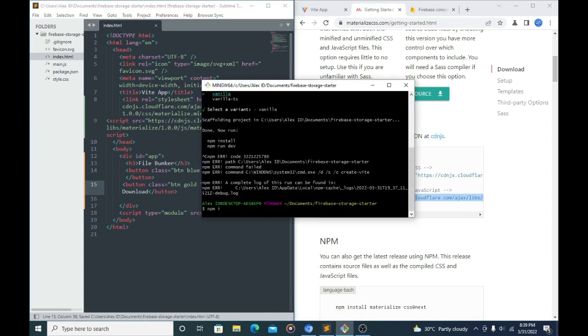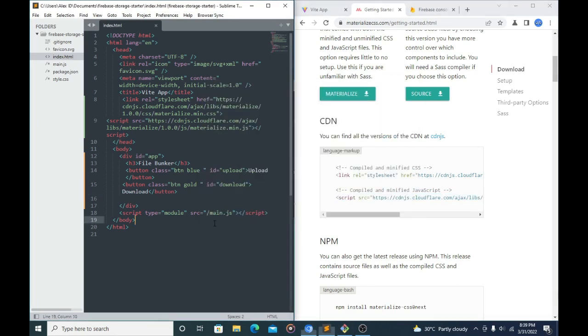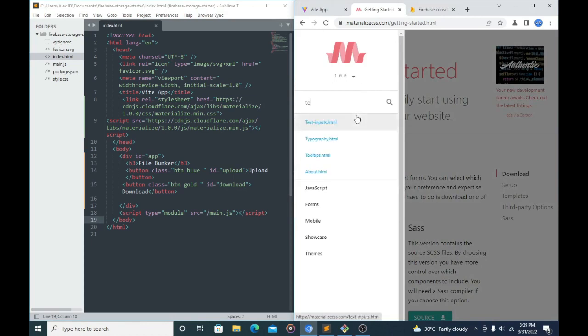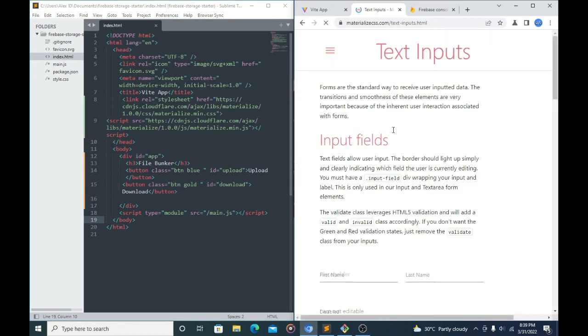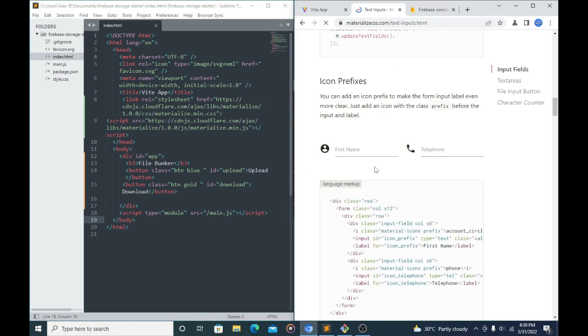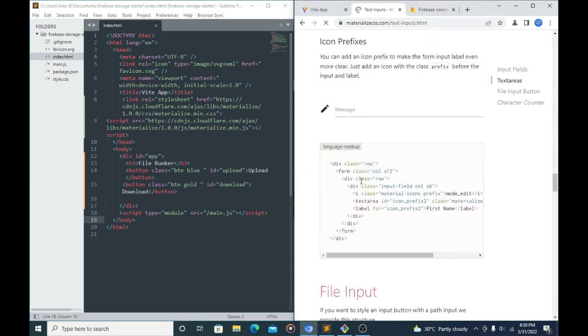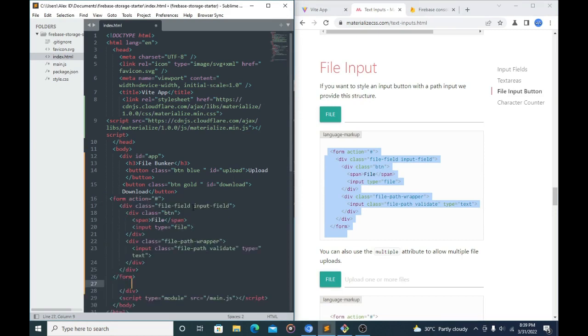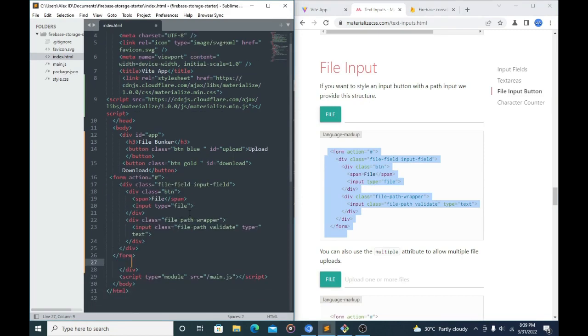So we're going to save this. Let's check if our dependencies have not yet installed. What we're going to do right now is get a custom file input for Materialize. So let's just copy from the div, or we can copy everything. Copy, and if you do want the source code for this, you can ask me in the comment section. The source file might be there. Select, ID of select,